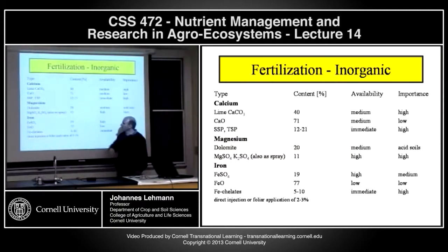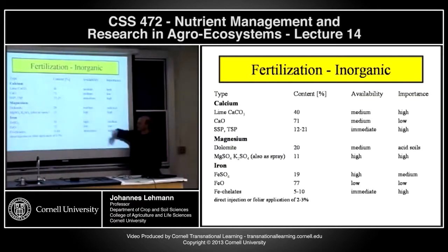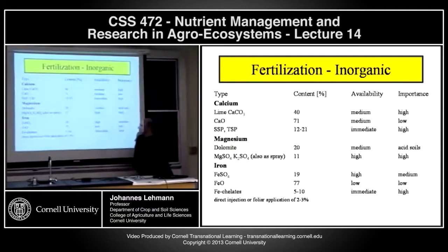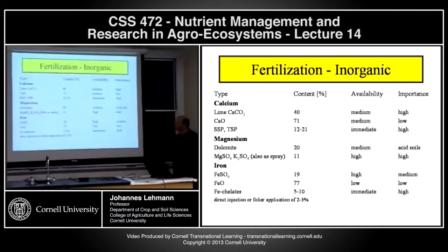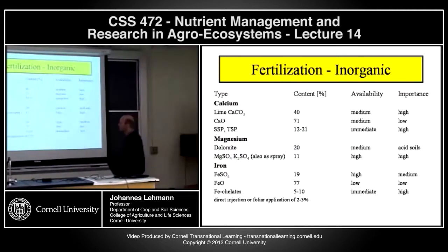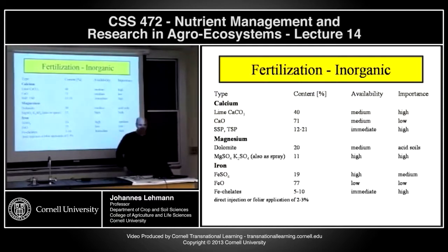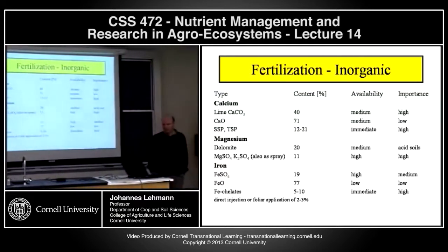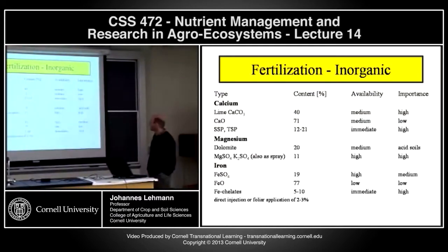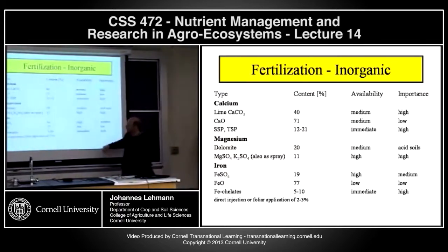Magnesium via dolomite in acid soils where you have a good dissolution of the dolomite. Otherwise, it's magnesium sulfate. But very often that is actually not necessary. You get it from other sources. Iron as iron sulfate or iron oxide, though the availability of this iron oxide is low. Iron chelates